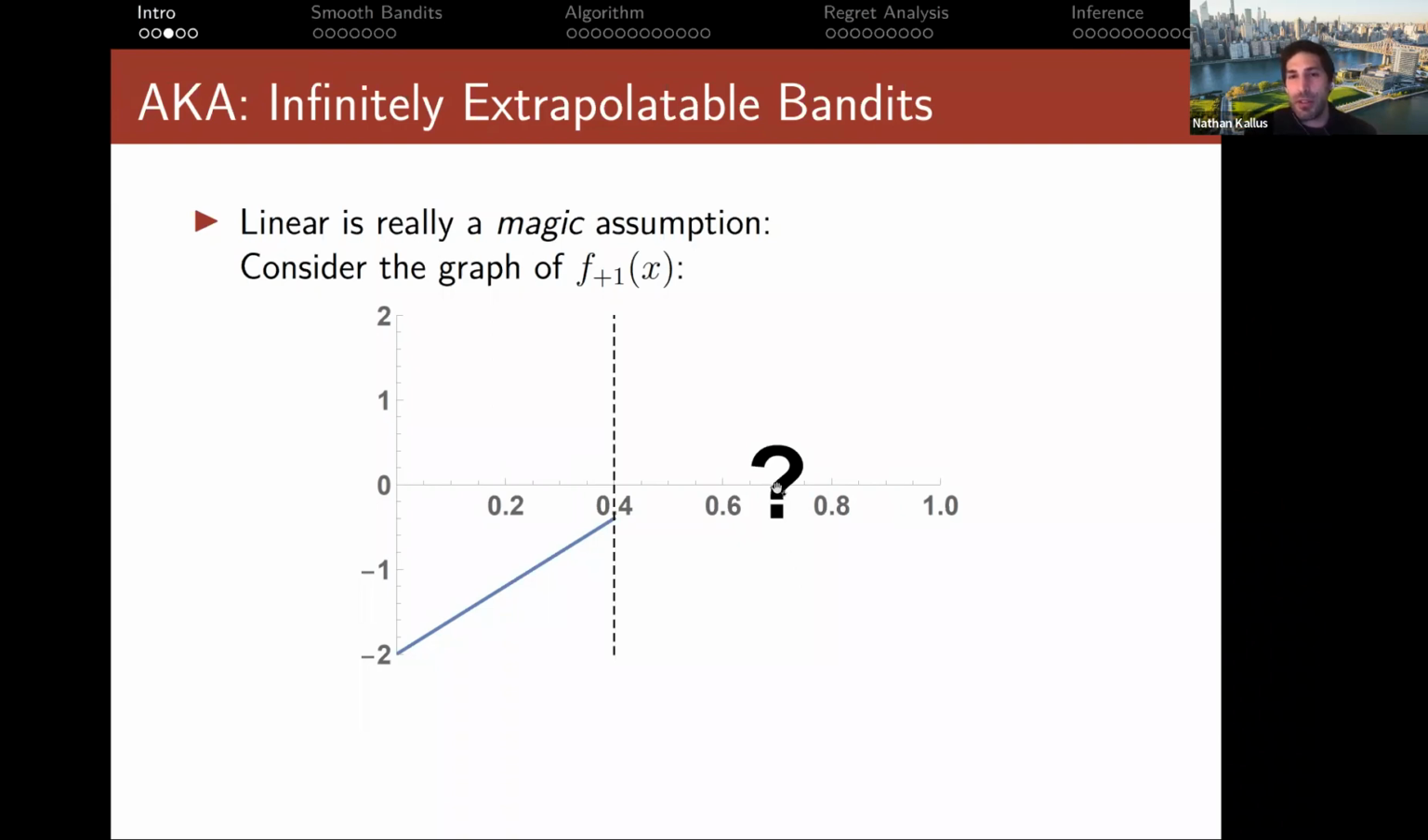Now a new context arrived at 0.7, and I ask myself, should I pull arm +1? Is it going to do well? Is it going to do badly? Well, what is the expected reward? Well, I don't know. I've never tried it here, but I do know that because it's a linear function, a line continues as a line. So even though I've never ever tried arm +1 in the context 0.7,